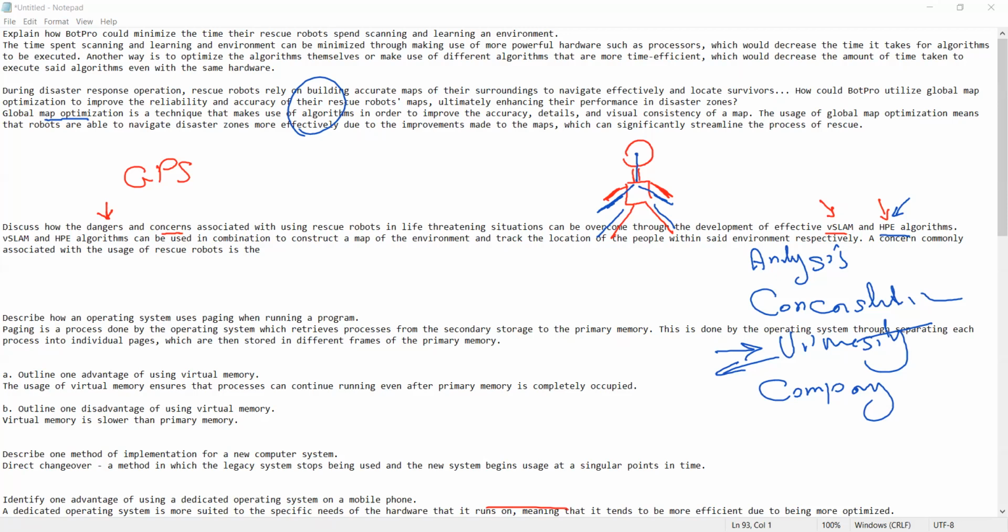So you don't build the map first and then decide to search for humans, or even for important places like doorways or open